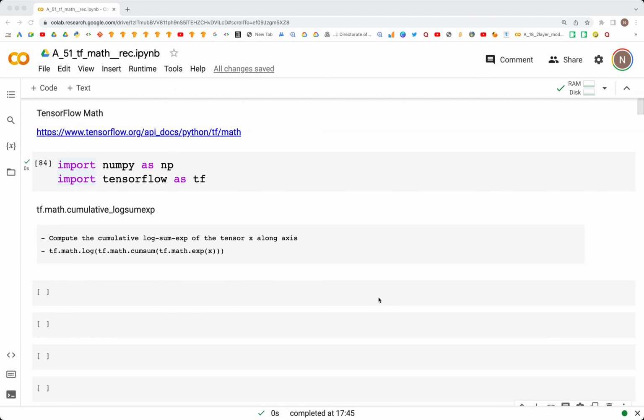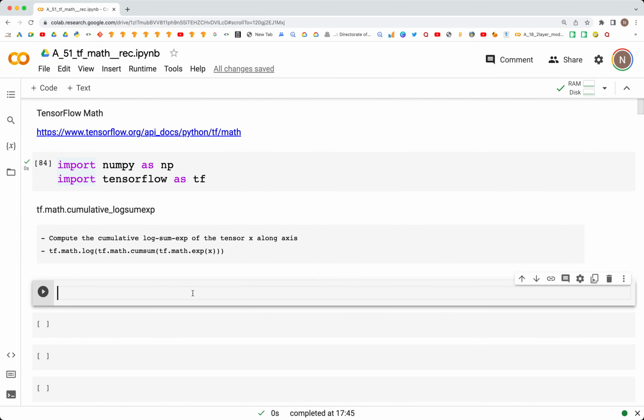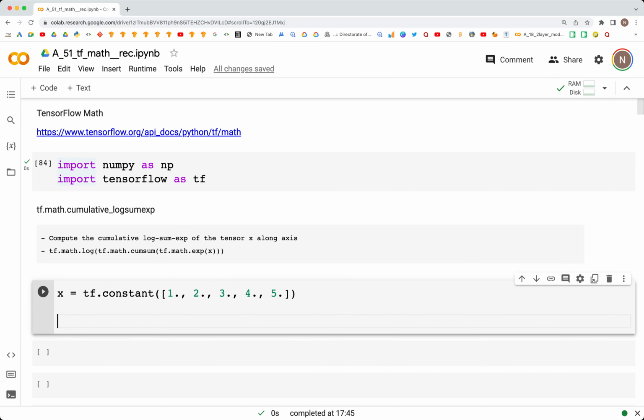Let's now look at how to calculate the cumulative log sum exponential in TensorFlow. First, we'll create a tensor x that is equal to tf.constant, which has the values as follows: 1, 2, 3, 4, and 5. And to perform the cumulative log sum exponential, here's what we want to do is type